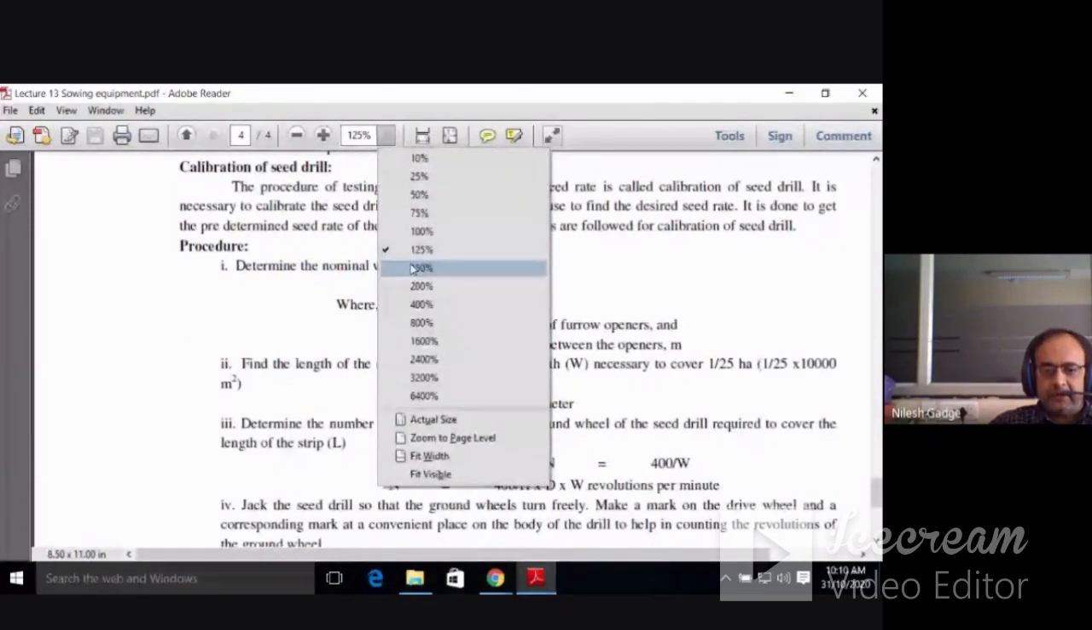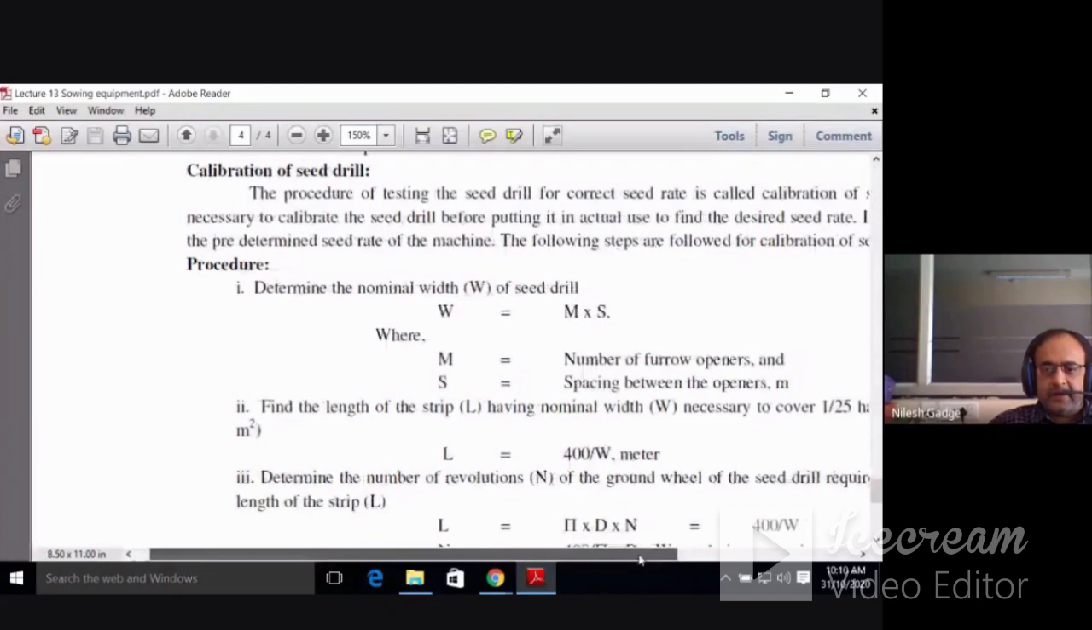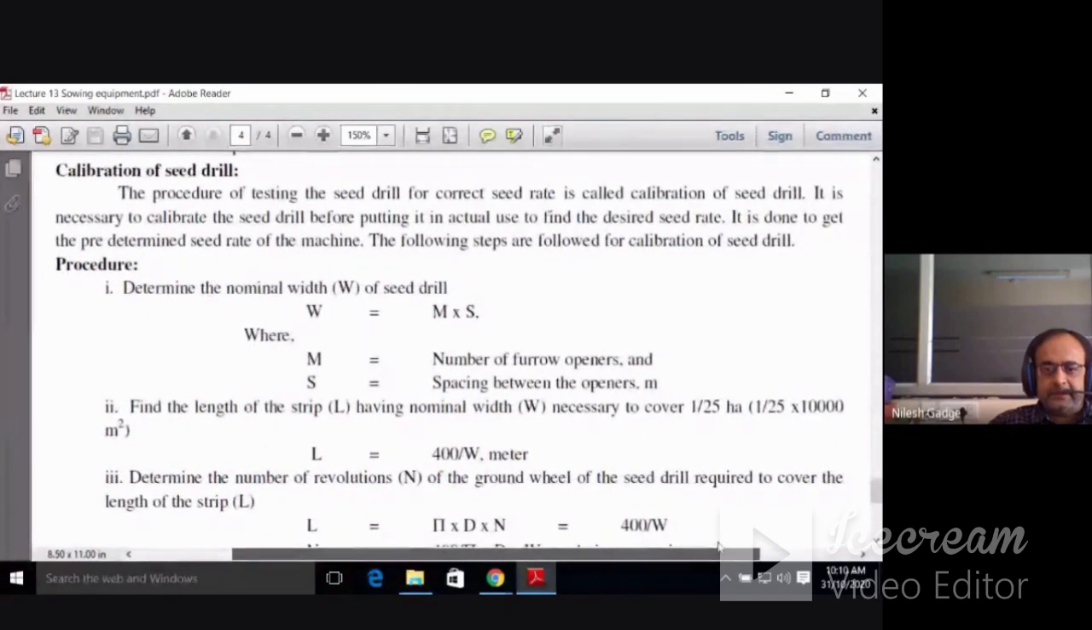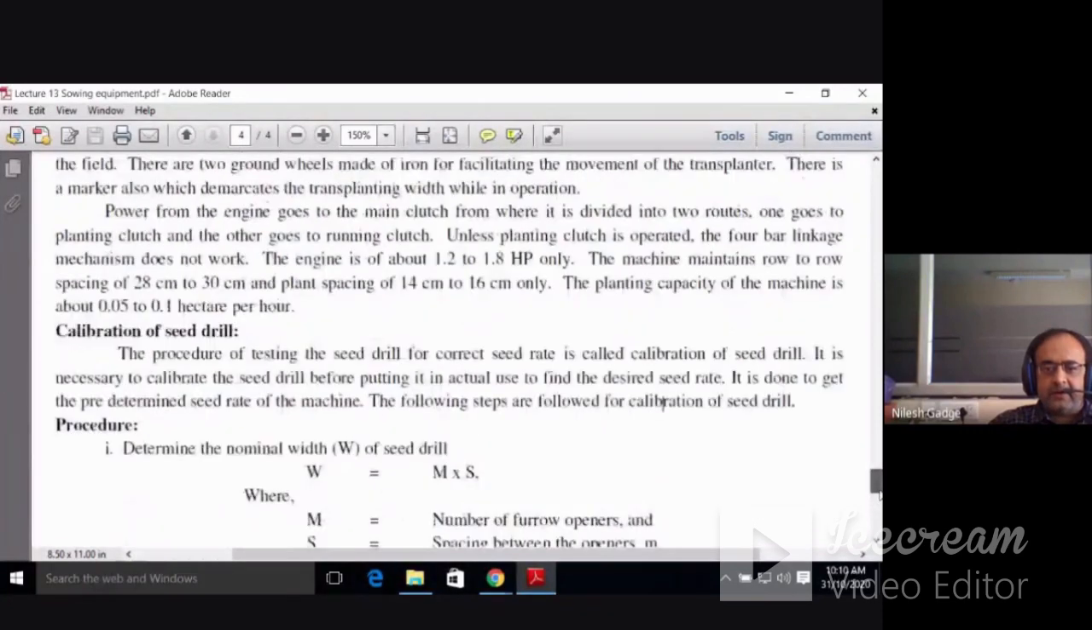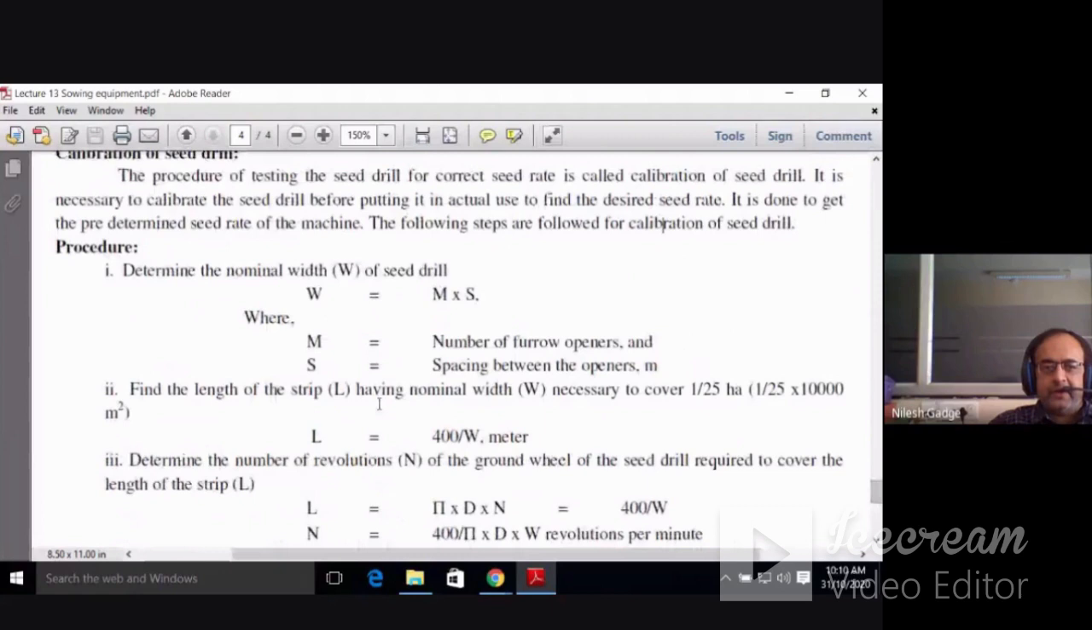I'll try to explain you as much as possible. So just see this slide for the procedure. First of all, determine the nominal width of the seed drill. I have already posted this in your Google Classroom. This is also correct, and some of the explanation is better in this than whatever I explained in your PPT